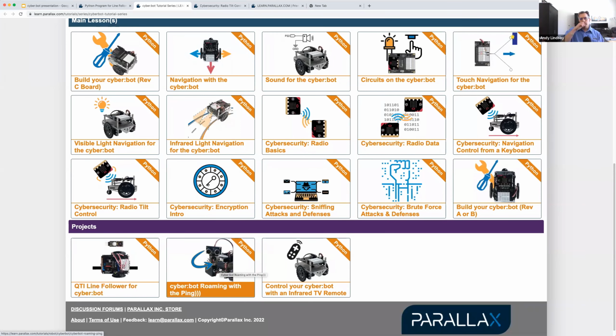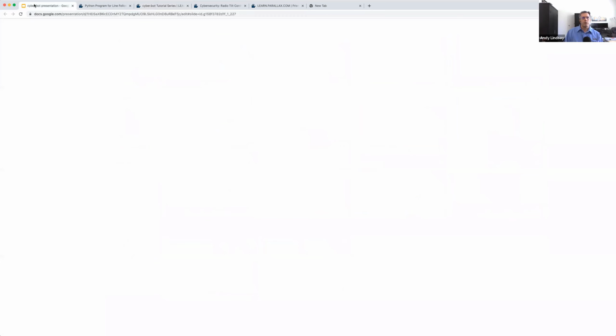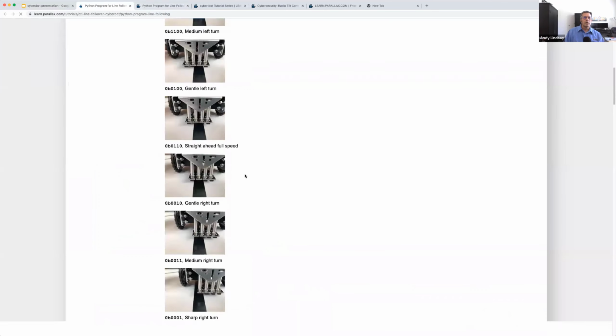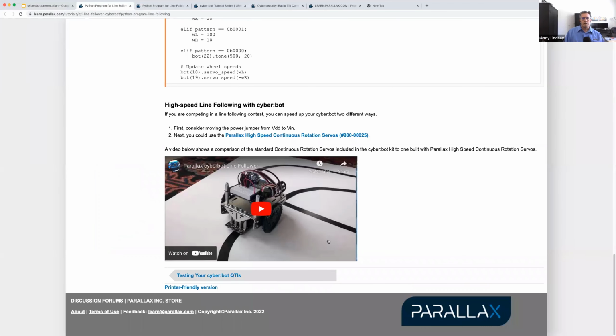Another is the ping on a turret, so an ultrasonic sensor on a turret to scan a range of distances and objects. And then our TV remote, since we use TV remotes for infrared detection, it's not a far cry to say, hey, let's use the TV remote to control the robot. And so again, this first one was the